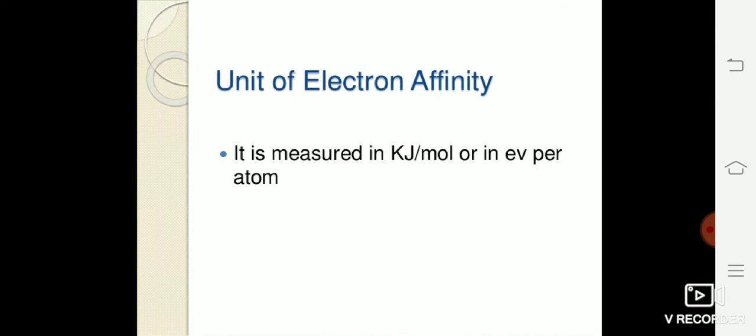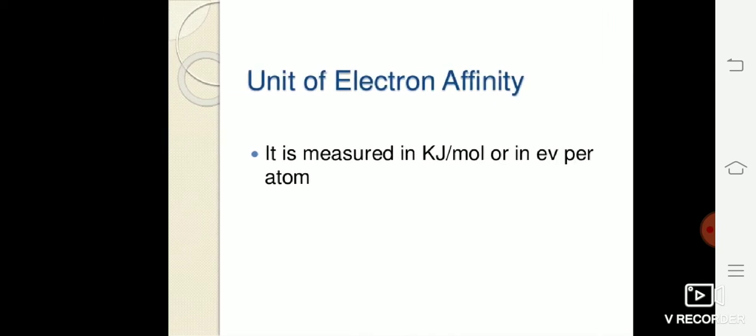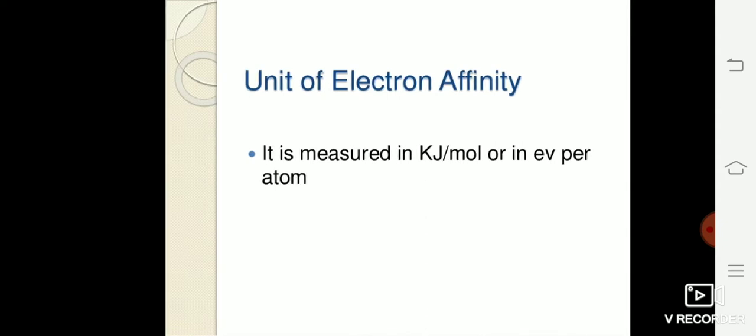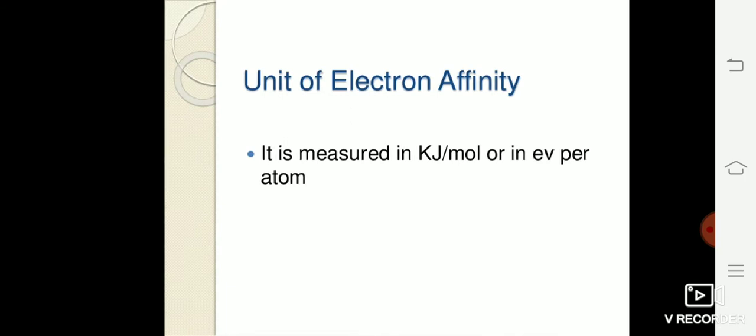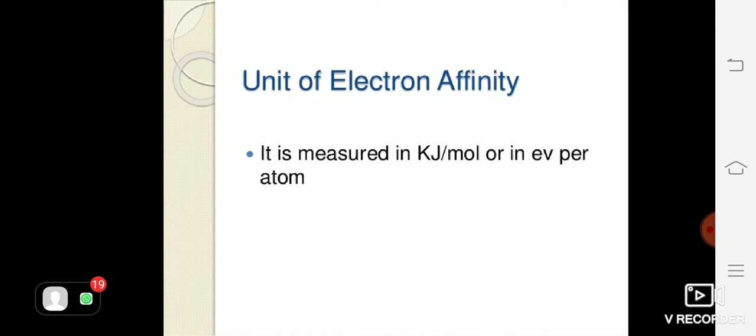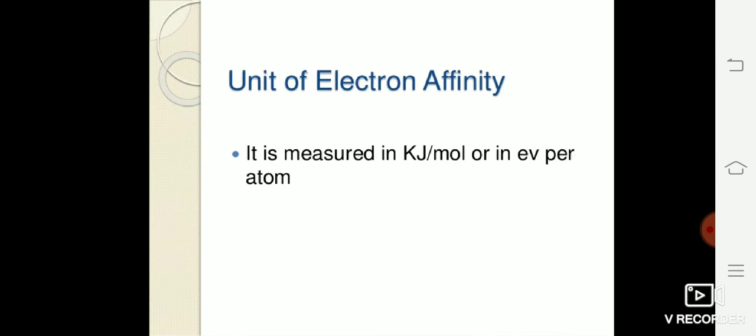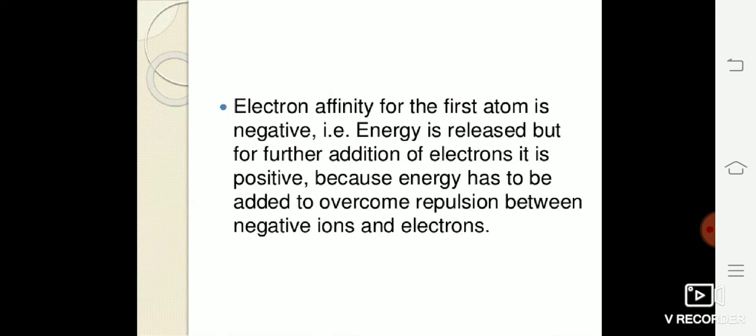If you remember, we have done that in the modern periodic table, we have metals on the left hand side and non-metals on the right hand side. When we are moving from left to right, as the atomic size and atomic radii is decreasing, effective nuclear charge is increasing. Therefore, the force of attraction exerted by the nucleus on the electrons also increases. So, it will be much easier for the non-metal part to accept electrons.